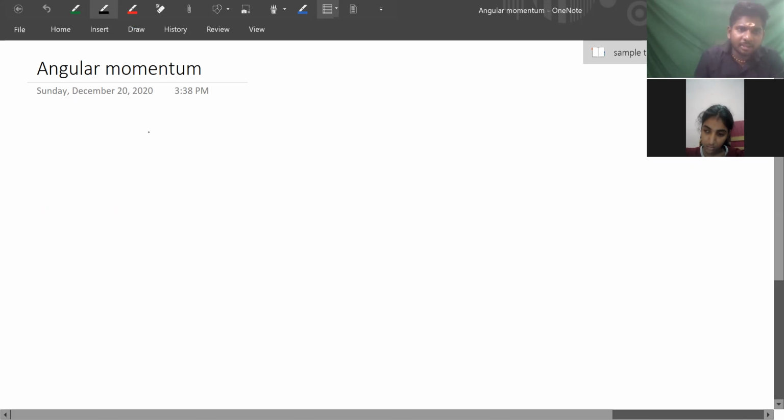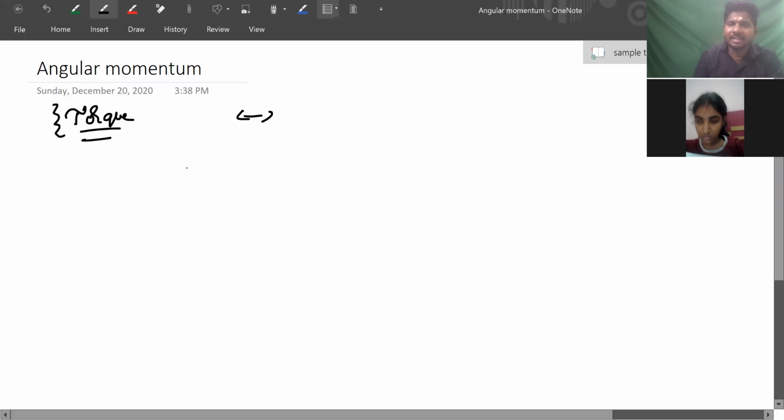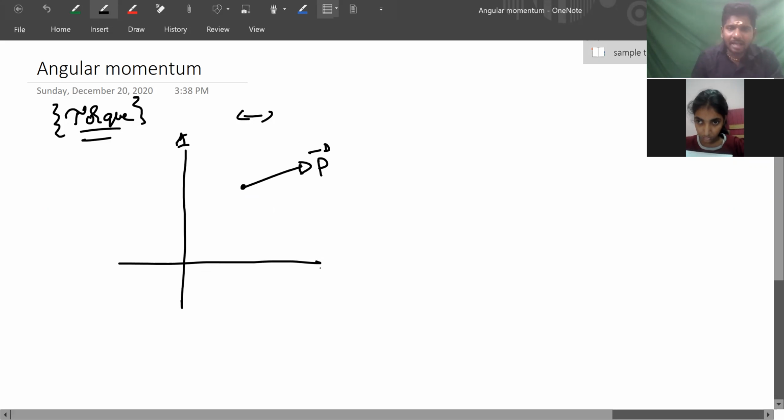If you would have seen torque in the previous class, it has similarities to the way we find torque. There is a similarity in finding angular momentum also. How is the angular momentum of a particle defined? Suppose there is a particle here which has a momentum p vector in this direction. If you want to find the angular momentum of the particle about this point,